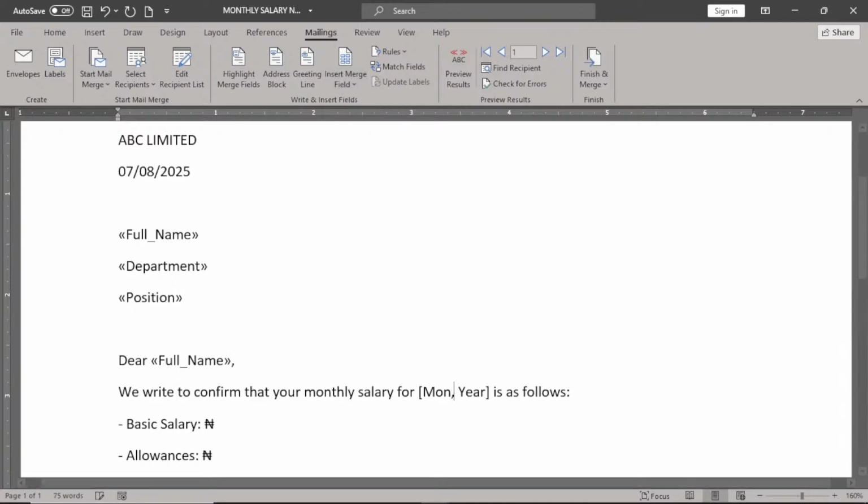Let's say we are talking about the July salary. We are in August now. Let's say we are talking about July 2025. Now as follows. Here we have